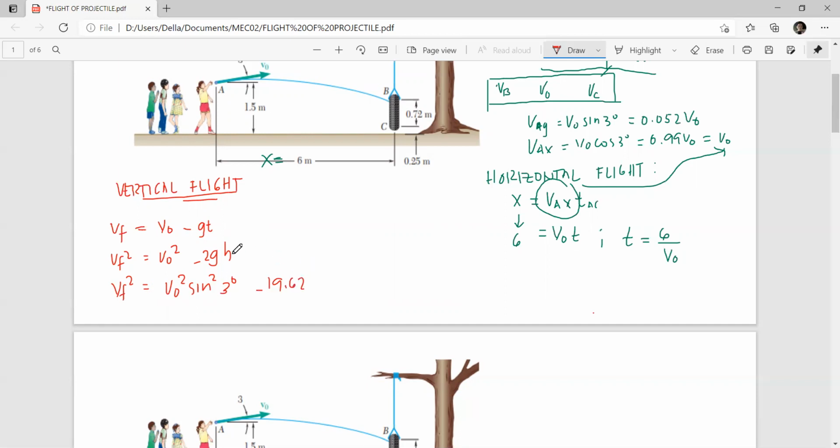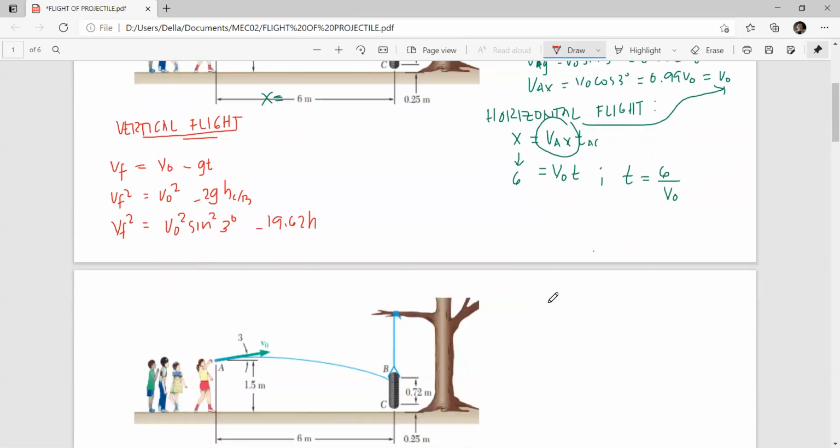Then whichever height, C or B. That's all. But to make it easier,